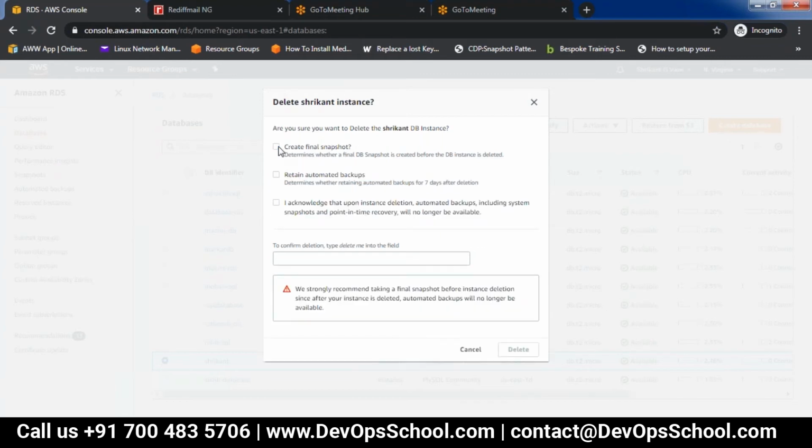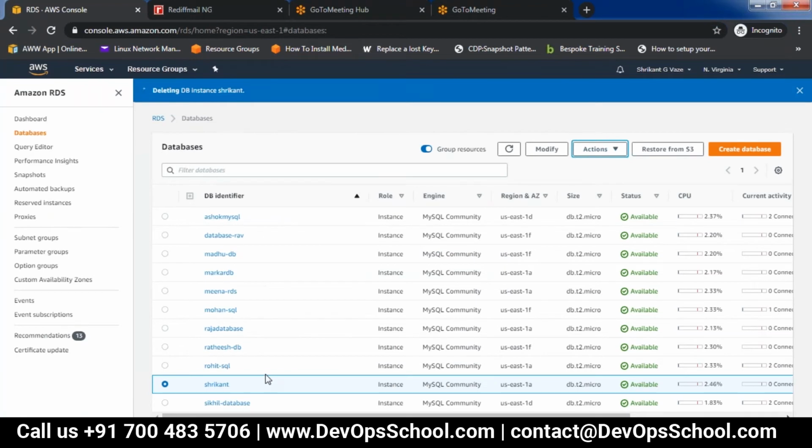Just uncheck this, we don't want the final snapshot. Backups are kept in terms of snapshots, that is what we saw yesterday, similar to your EBS volume snapshots, DB snapshots are there. Just type delete me here and acknowledge this so that it starts deleting the database instance.